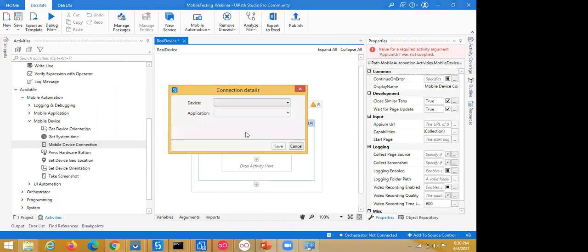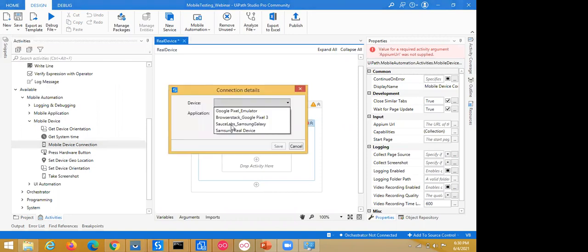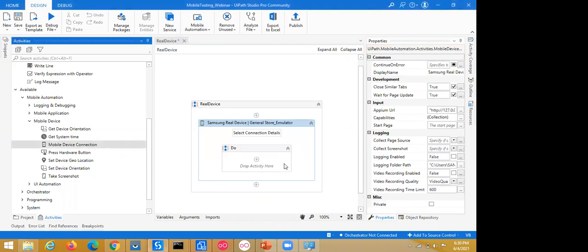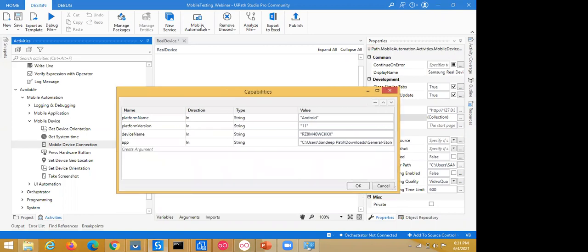Click on this select connection details section. Select the device which I want to connect, the Samsung real device, and the application, and click on save. Once it's done, this activity automatically captures all the dependencies or capabilities which we require from your device manager into your actual script.